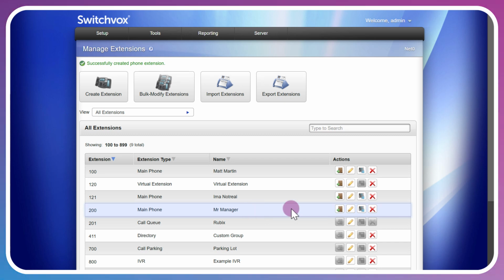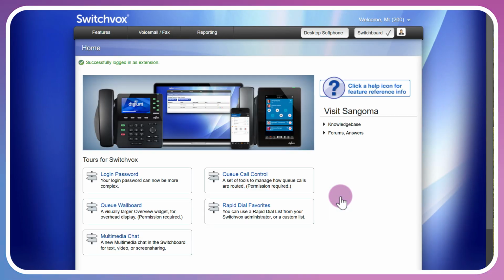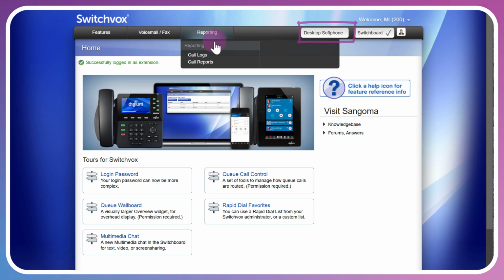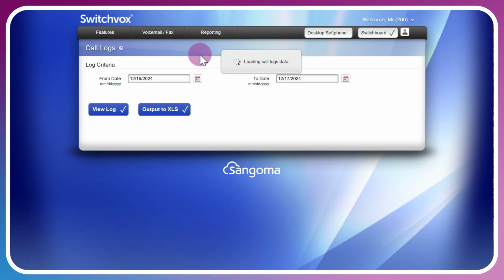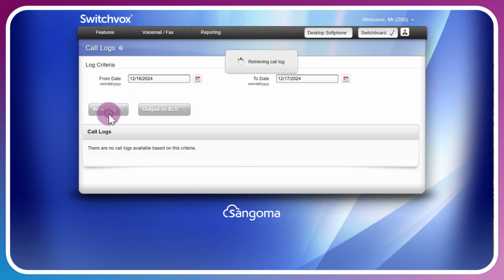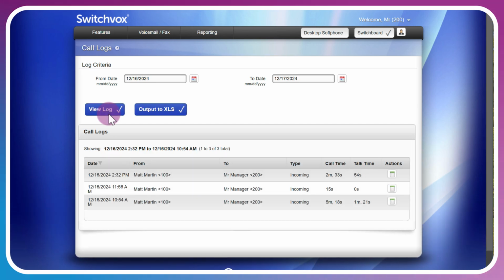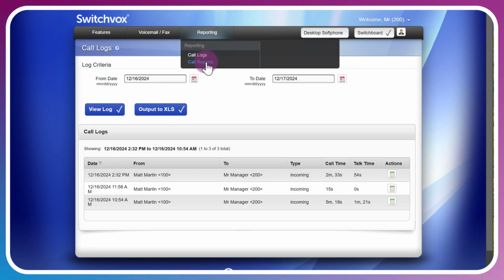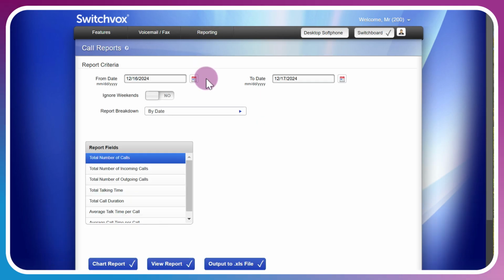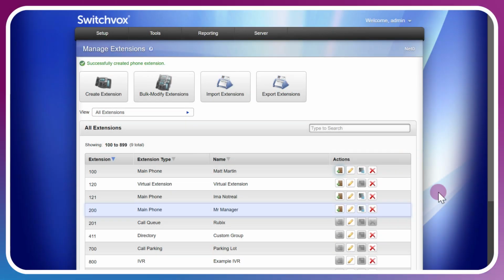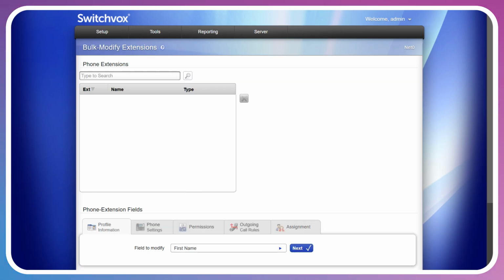Now if I'd like to assist the user with certain settings, I can masquerade as them and log in as this user. This is especially helpful if you want to make changes to the user's profile on their behalf. Also, if you want to log in to their desktop and download their soft phone pre-configured, you can do that through the sudo login. In addition, you'll have access to their personal call logs and recordings and so on. You're essentially logging in as the user, so all the features you would expect from that. I'll finish off by showing you these other features, such as the bulk modify extensions tile.